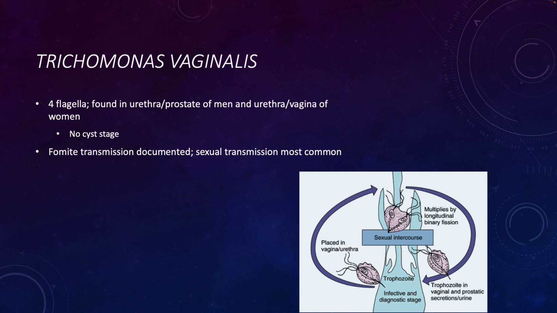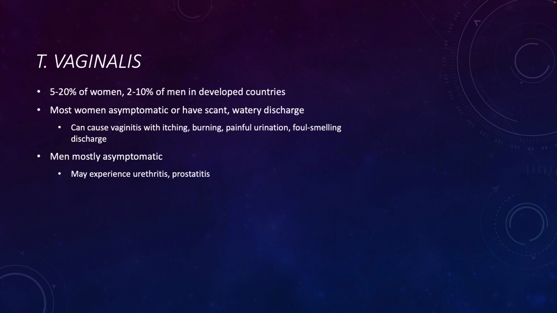The trophozoite will eventually disintegrate in the external environment. So that's why fomite transmission isn't terribly common and why sexual transmission is far more common. In developed countries, anywhere from 5 to 20% of women and 2 to 10% of men are infected with Trichomonas vaginalis. The majority of